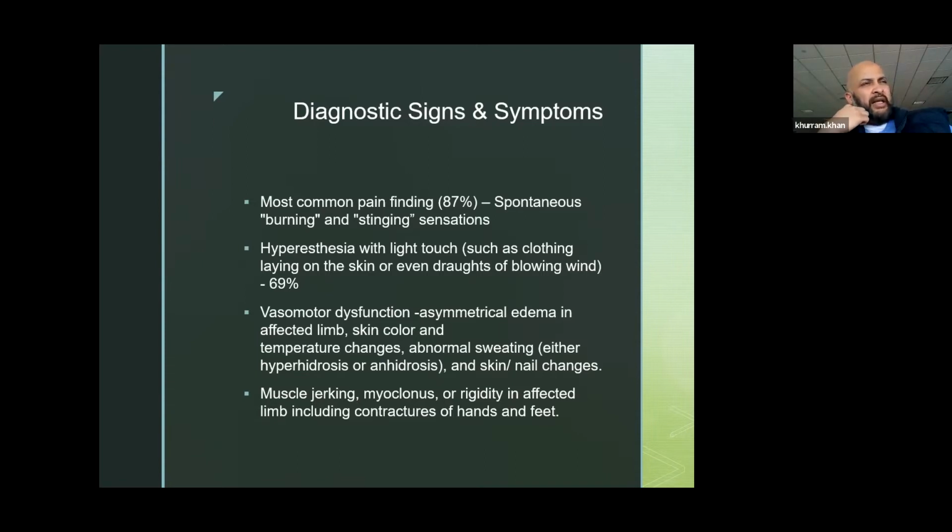One interesting thing is that if you actually try to touch their affected limb, you cannot, but they are able to rub their affected limb with the other non-involved hand and foot, and they won't feel that touch-related pain, or touch allodynia is not there. So the patient can do it, but the examiner cannot do it, or the family member cannot do it. That's actually because of the central mechanism of this disease process, and we will talk about that in a bit.